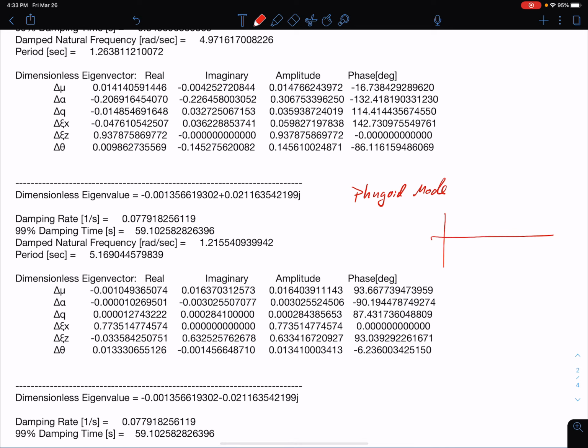So let's plot out what this would look like. This is our phugoid mode, and it's going to be lightly damped. It's going to persist for quite a while. And actually what happens here is the aircraft follows this motion. If we were to watch the aircraft in the sky, it would look like it's going on a roller coaster ride. So you'd see it kind of follow this motion here, okay?